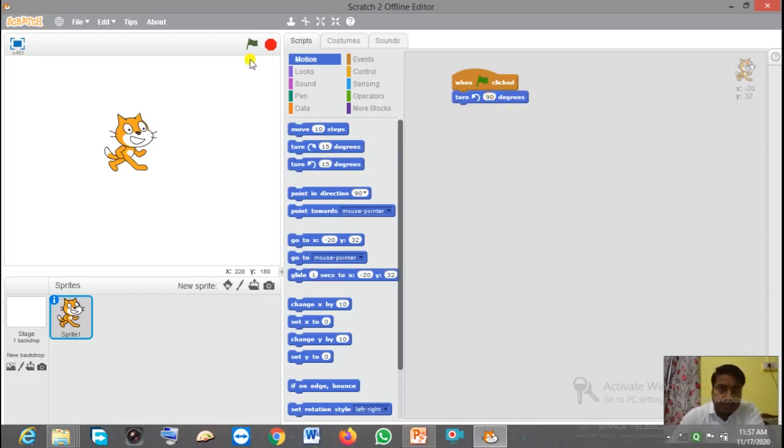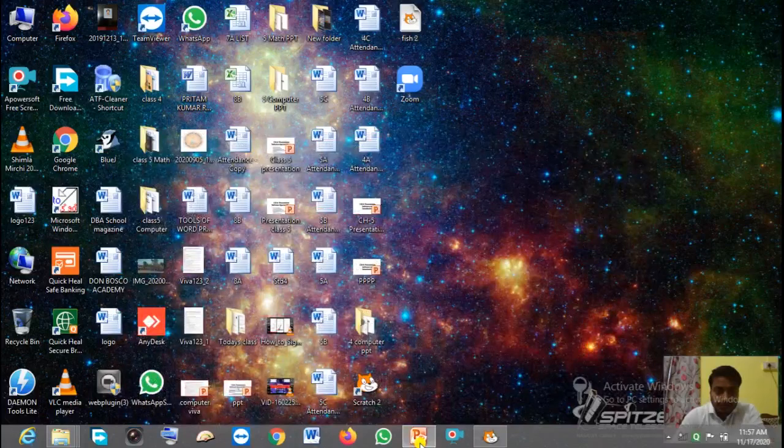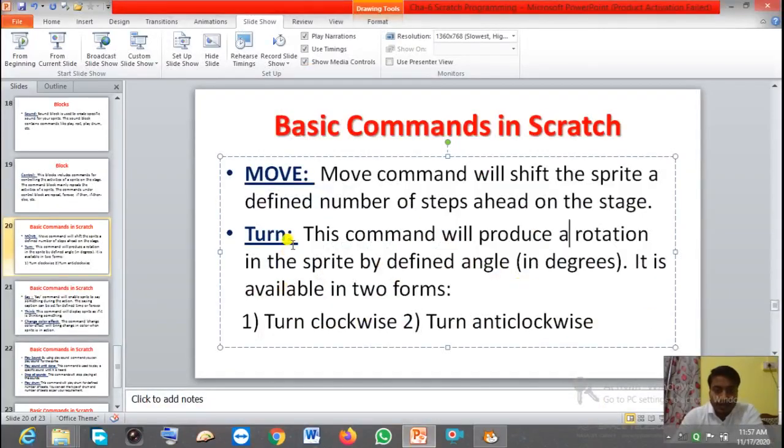I have given 90 degrees. Now I'm going to click on this and you see the result. Now you can see it's changing anti-clockwise. So this is the use of the turn command, turn clockwise and turn anti-clockwise. Understood?